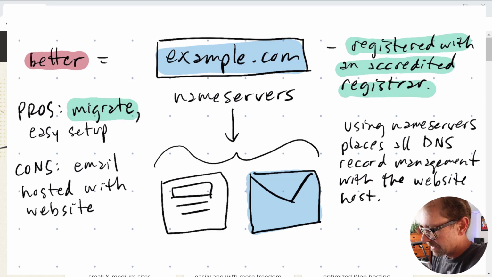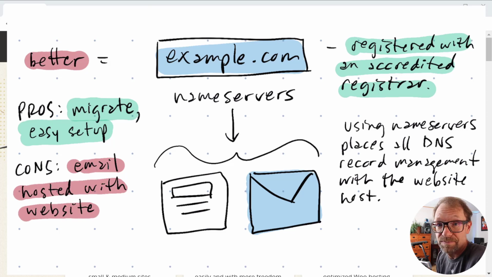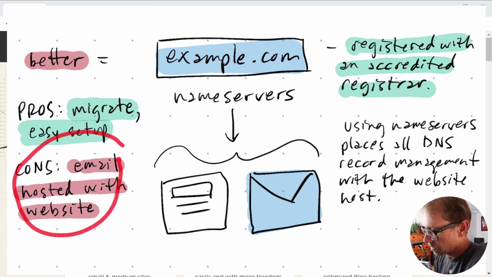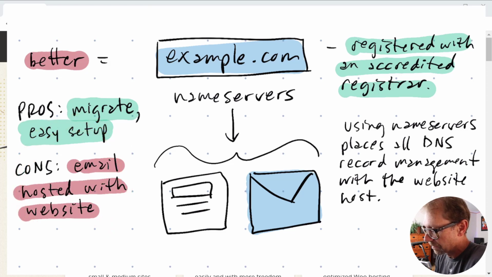And the second thing is that it's easy setup. It's easy to set up the website and point the domain with name servers. Quite easy. But there are a couple of cons. You might imagine the email, again, is hosted alongside the website, and it's sharing resources. And so this con right here, this problem where email shares resources with the website, is why companies that do